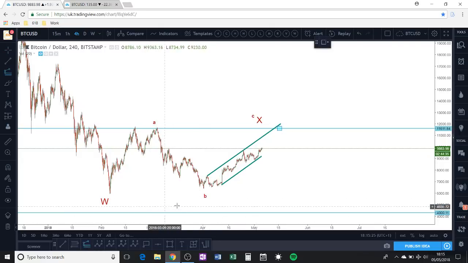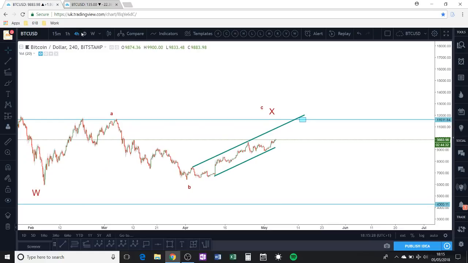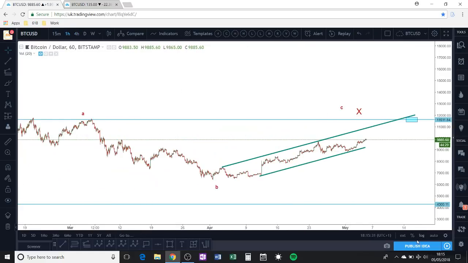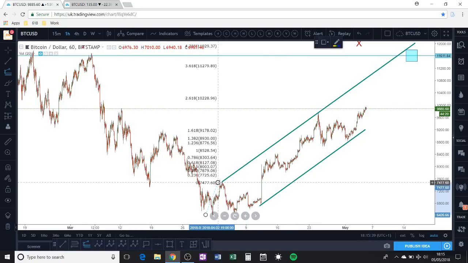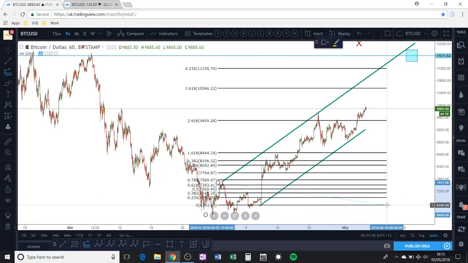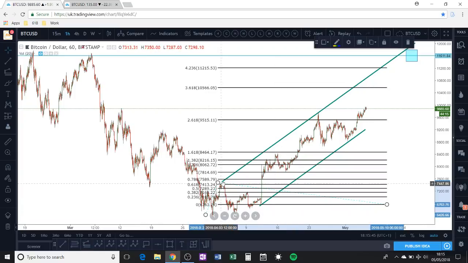So let's zoom in first. In fact, let's pull up the hourly, it might be a bit clearer. Expand that. Alright. So if we call this our wave 1, and we're calling it a triangle, so if that's 1, and it's A, B, C, D, E, the triangle finishes here, which means the end of wave 2 is here, which means wave 3 also starts here, and that's why we extend the Fibonacci extension from this level. And where wave 3 comes up to, it looks like price found resistance around this 2.618 extension.